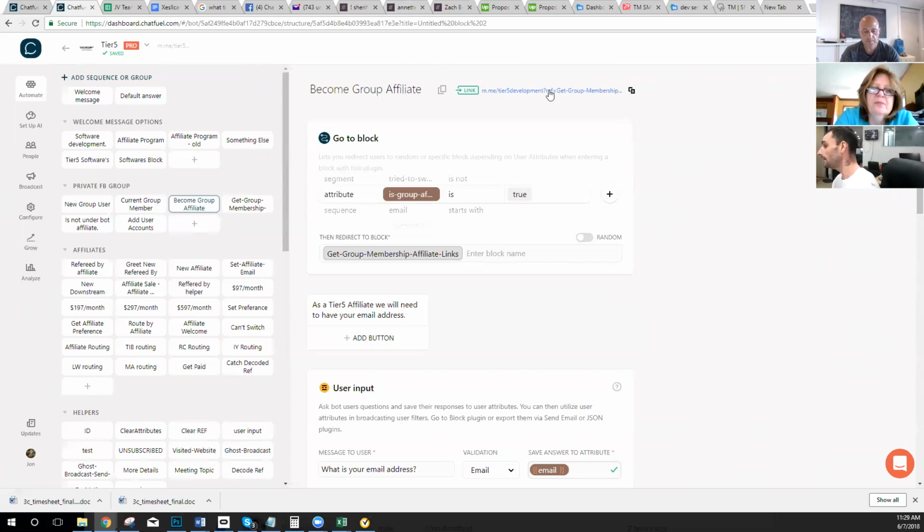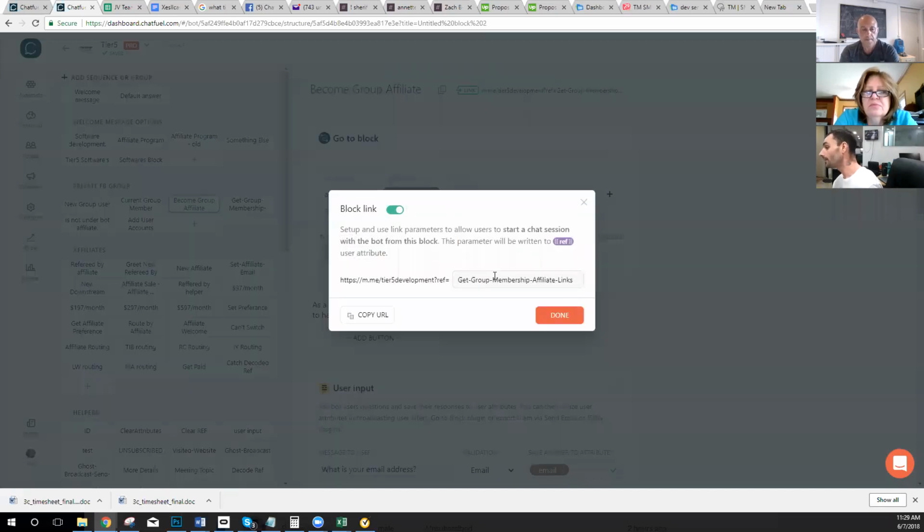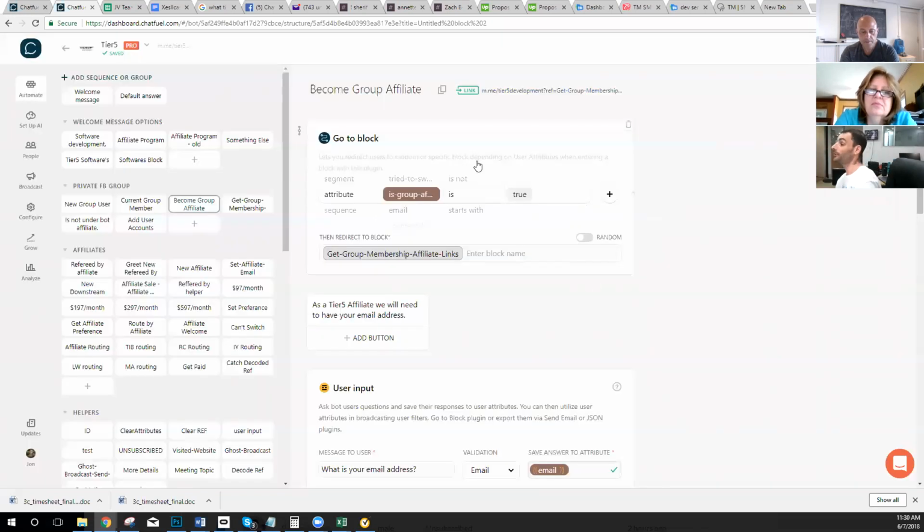So Facebook by default gives you something called a ref, and that ref allows you to pass data into the chatbot. You can say, hey, if that ref equals get group membership, then I want the user not to go into the welcome block, which is where they're going to go by default if they hit this website right here. But because I passed in this ref parameter and made a condition that says if the ref equals get group membership affiliate links, then put them into this block right here,